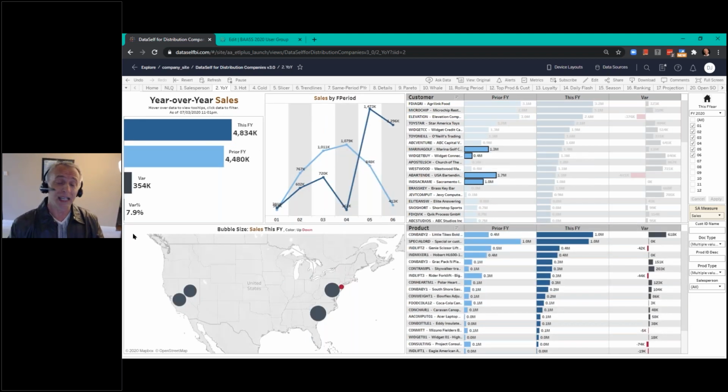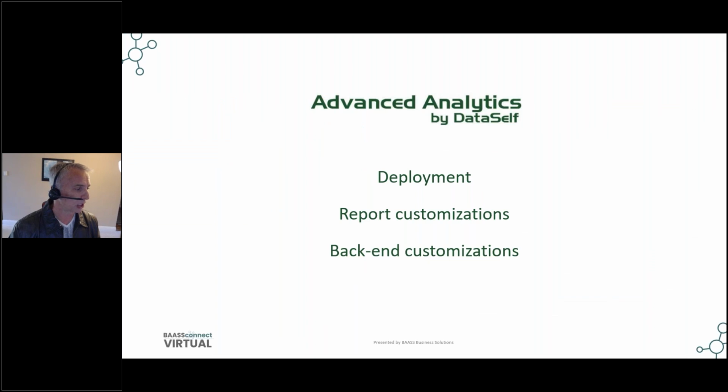So to go into the customizations, I'm going to go back to my PowerPoint now. Where's my PowerPoint? There it is. Let me share my screen. Oh, there it is. So in order to deploy in DataSelf,